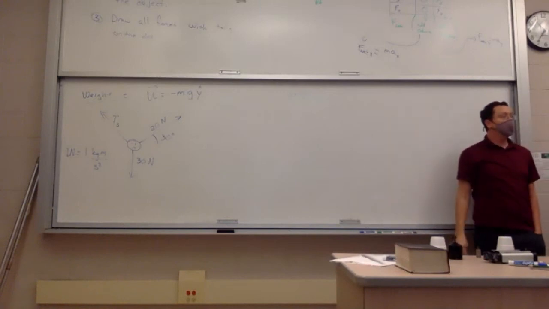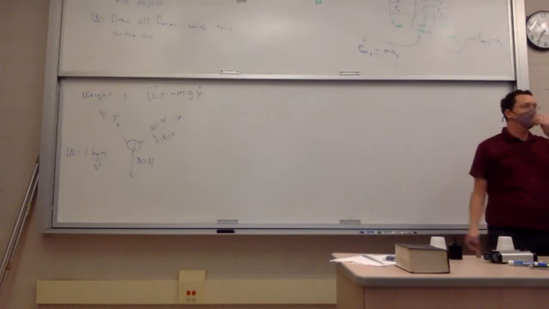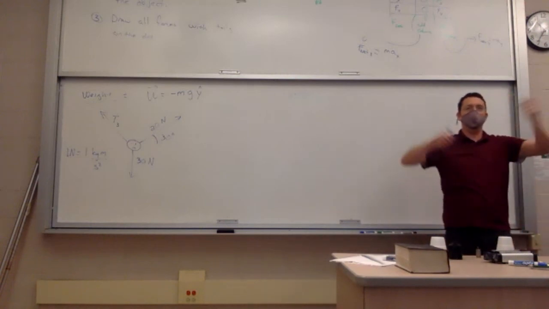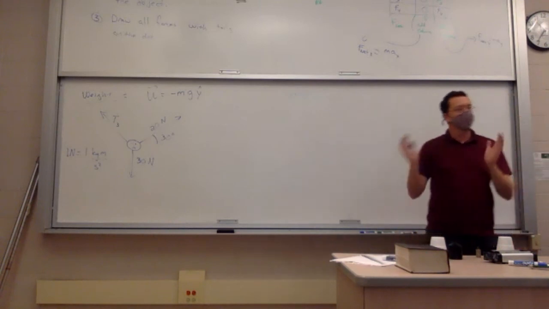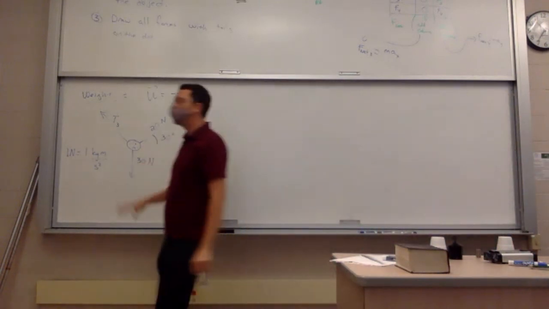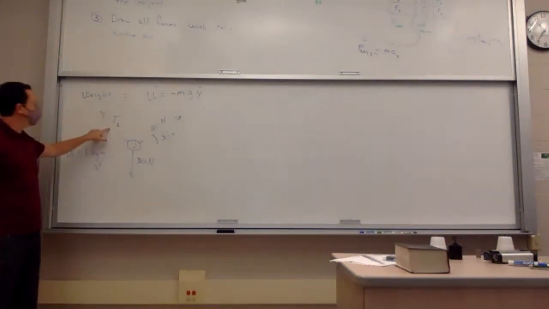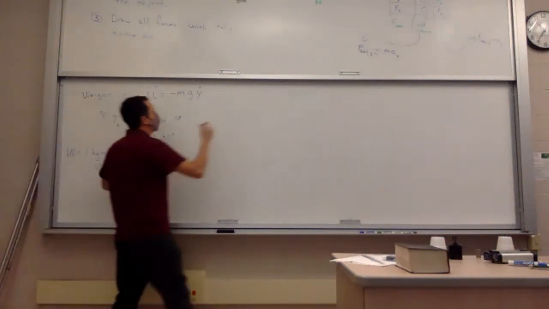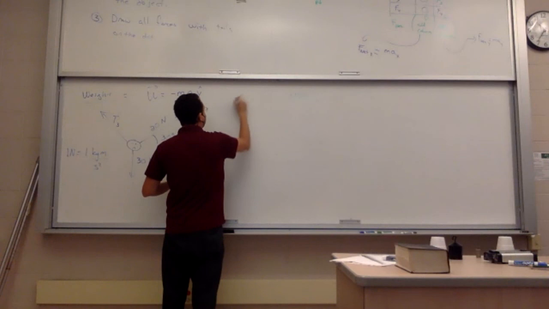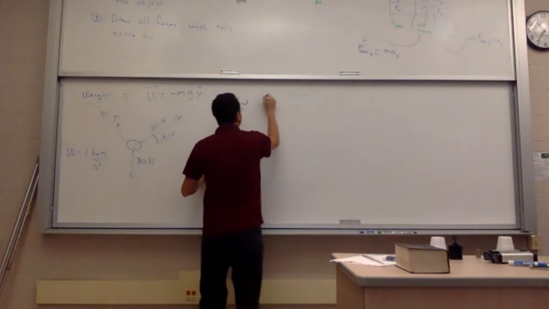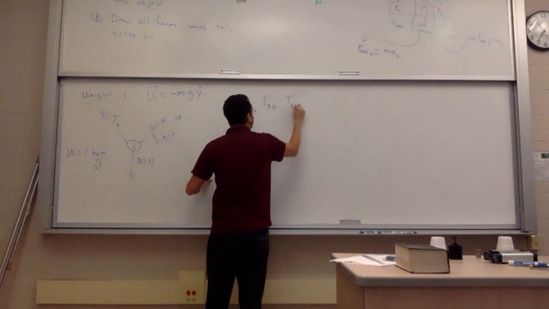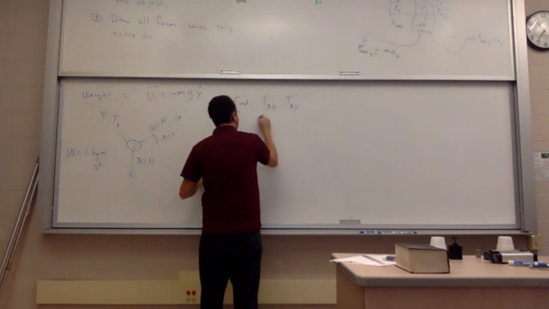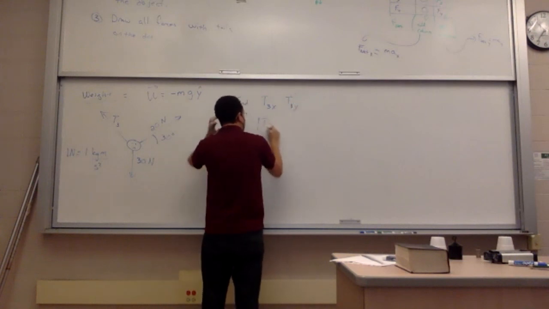For people who've started the homework, I think this is pretty much homework question 1. One of the homework questions is like a donkey and people are pulling it in different directions. It's this problem. Okay? Let's go through this. So the goal is to find T3. So find T3 in the x direction, T3 in the y direction, and then just for fun, let's find the magnitude of T3.